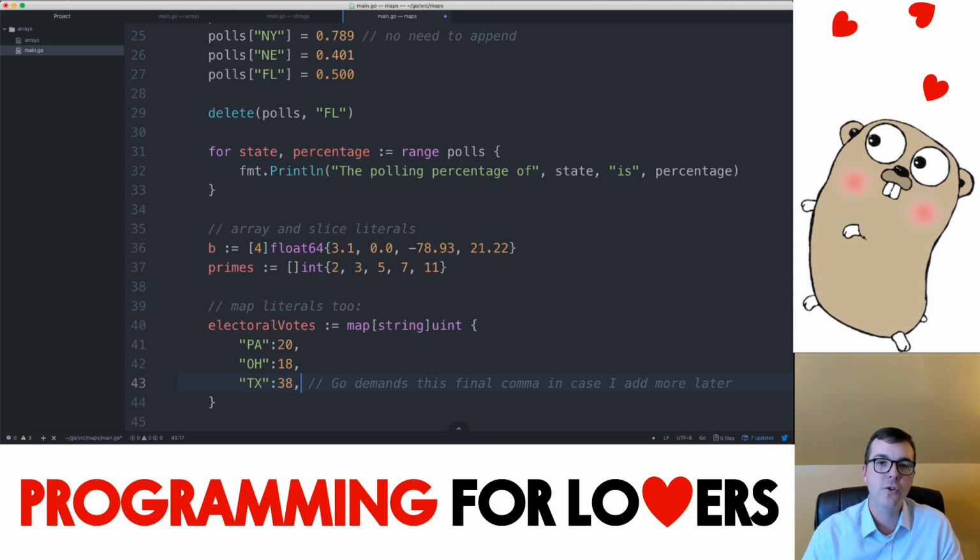And the natural question would be, if I pass a map into a function, do I get access to the map, or is a copy of the map created? So before we saw that if I pass an array into a function, then it copies the entire array, and so I don't really have access to that original array that I passed in. But if I pass a slice in, I get access to the slice, and I'm able to change elements in there. So the natural question would be, well, what happens if I